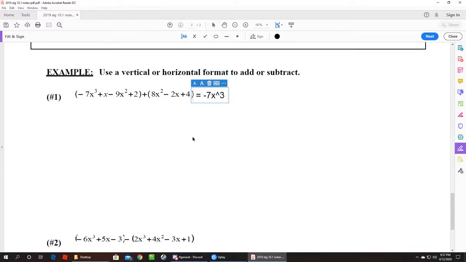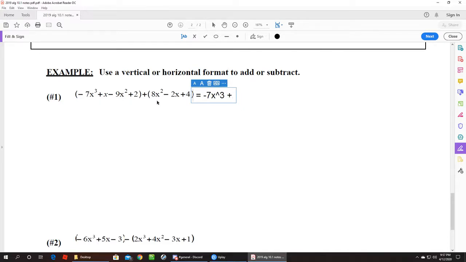All right, plus, let's say, what's the next? We want it in standard form, right? That's what I'm going to keep it in. So I'm going to look at not the next thing in order, but the next highest degree. I'm going to go to the squared. So you have negative 9x squared, and you have 8x squared, and you're adding them. So 8 plus negative 9, or negative 9 plus 8, however you want to look at it, right? That would be,